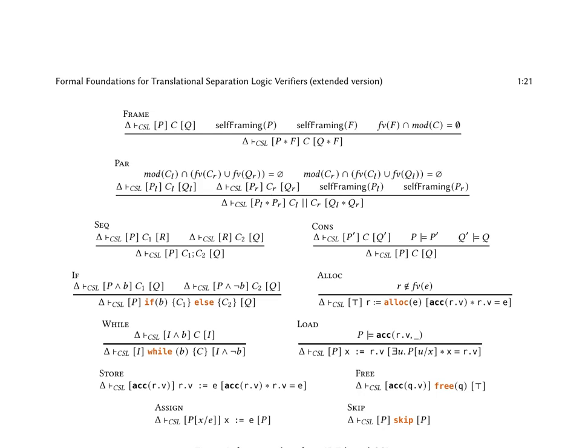Here is a combined summary of pages 21 and 22 of the research paper. The paper presents a formal foundation for translational separation logic verifiers, focusing on the inference rules and a sound front-end translation from PAR-IMP programs with annotations to Viper core programs. The program logic judgment is written as Δ ⊢ CSL {φ} C {ψ}, where φ and ψ are Viper core assertions, and C is a PAR-IMP command.